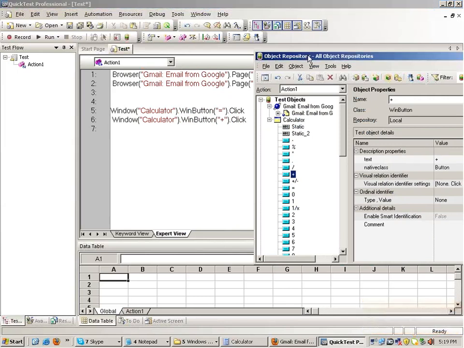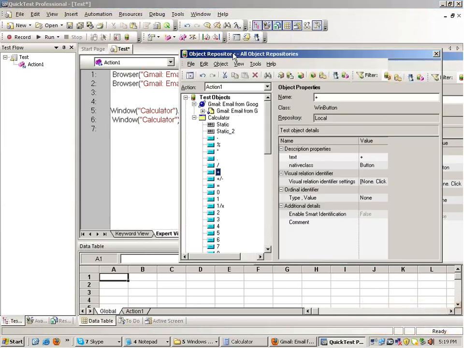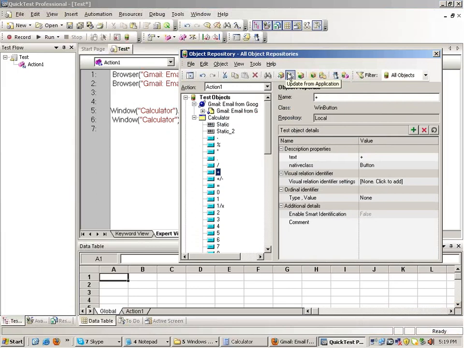Fine. Now this is the icon to add the object. If you look to the left side of it, there's a button called update from application. Now I cannot tell you the practical utility. I cannot show it to you. But the thing is,